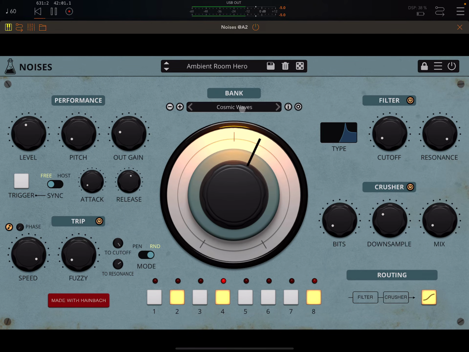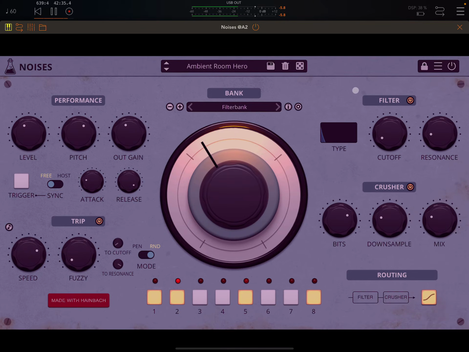Unfortunately, AudioThing forgot to add a locking ability for the bank and also for the filter type. But I mentioned this to the dev, and hopefully, I mean, that was just an oversight, so they're going to add that soon. But it is a bit annoying at the moment that it doesn't have that, because what it means is that if you randomize here, it's also going to randomize the bank, the filter type, everything. So you can't actually use this lock button